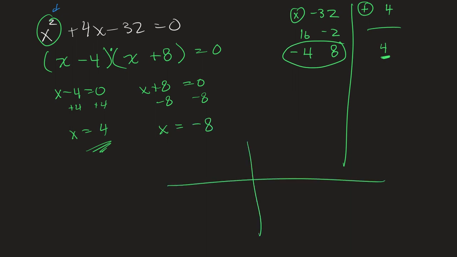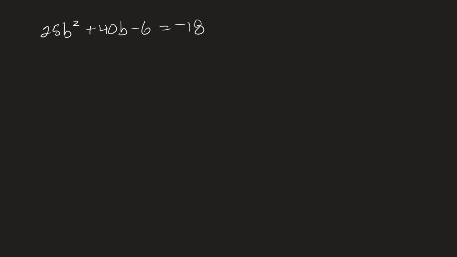If you were to graph that, a positive 4 and negative 8, that's where that parabola would cross the axis. It'll look something like that. It probably goes way further down, but you get the general idea. Okay, and the last one,